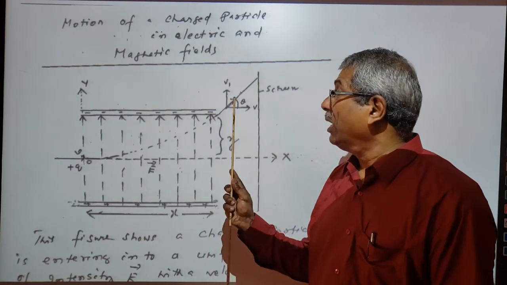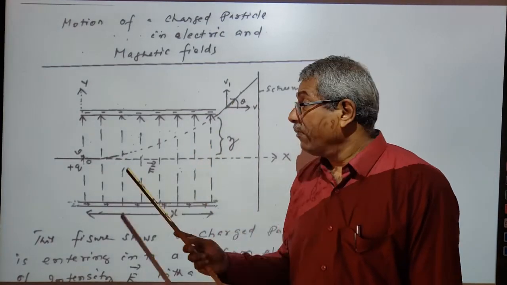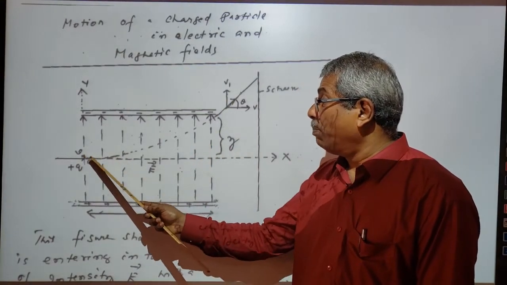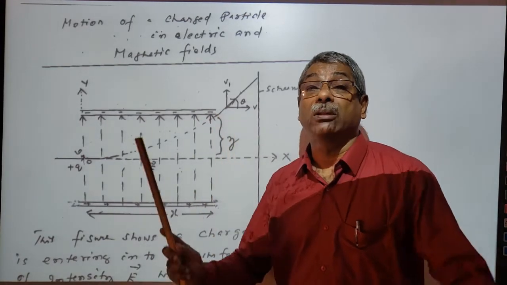When it goes out of the field, the path will be more or less a straight line. Within the electric field, the path is parabolic.